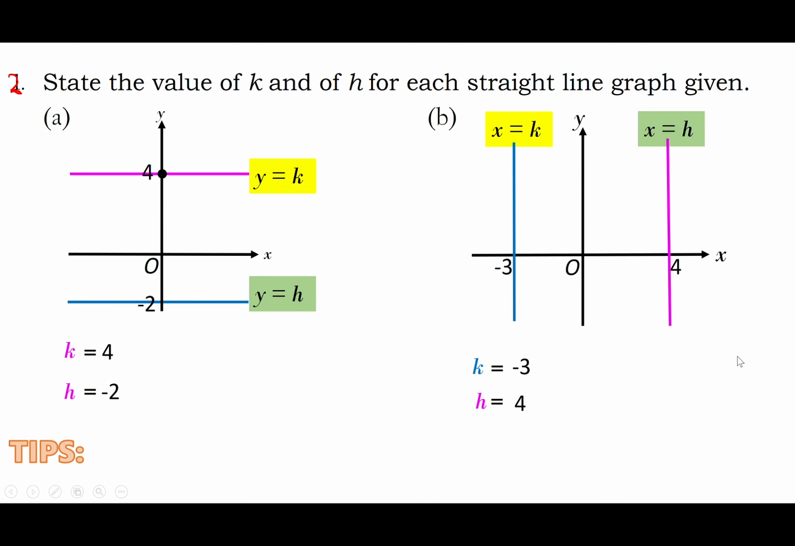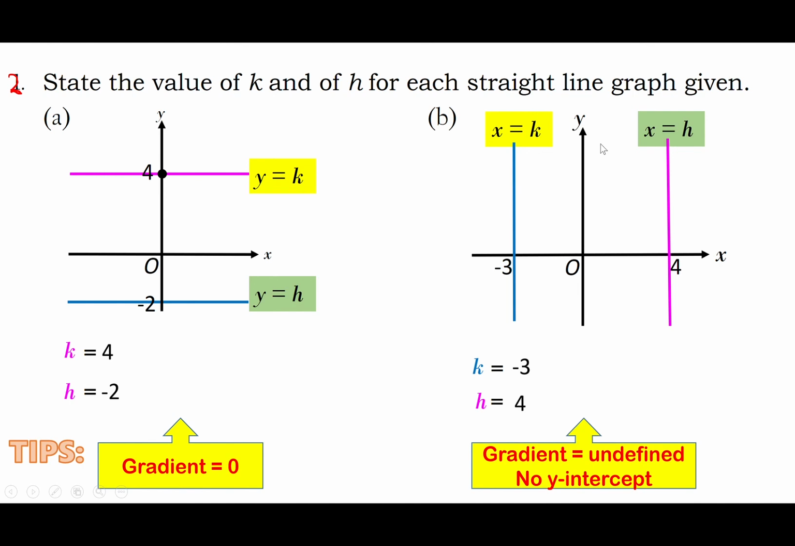Okay, besides we answer the question, I need to give you some information. 我要给你一些知识，就是 the gradient for this graph, 这样子的 y equal to 什么，就是 parallel with the x axis 的话，那么我们的 gradient 就是等于0。And then when parallel with the y, the gradient is undefined. And we don't have y-intercept because it is always parallel with the y. So it won't touch the y. 它一直是 parallel 跟 y 嘛，所以它不会碰到我们的 y-axis。